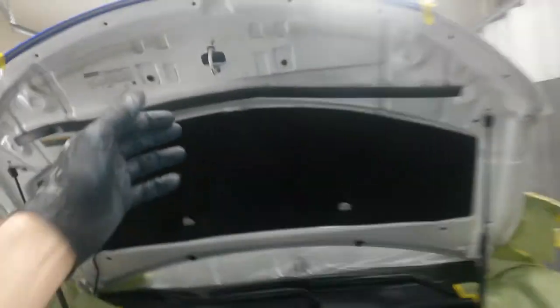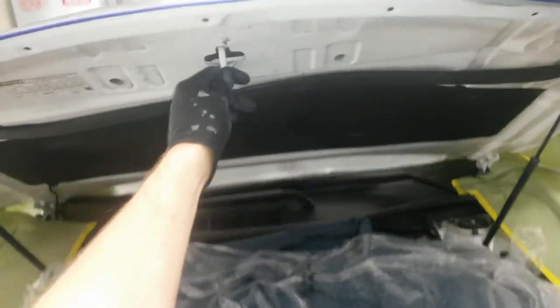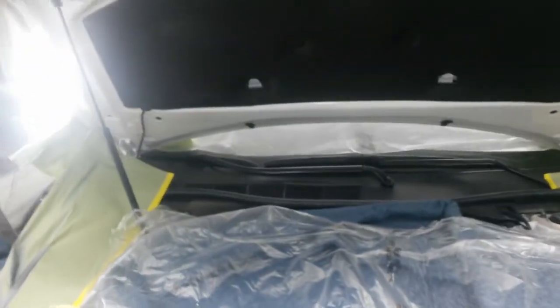Alright, primer's on. Got a guide coat on it. 3rd coat went about halfway back. I just sprayed it from the front towards the back till I ran out. Had enough to get half a coat. I didn't need 3 coats in the back of the hood anyway. While that's setting up, I'm going to go ahead and